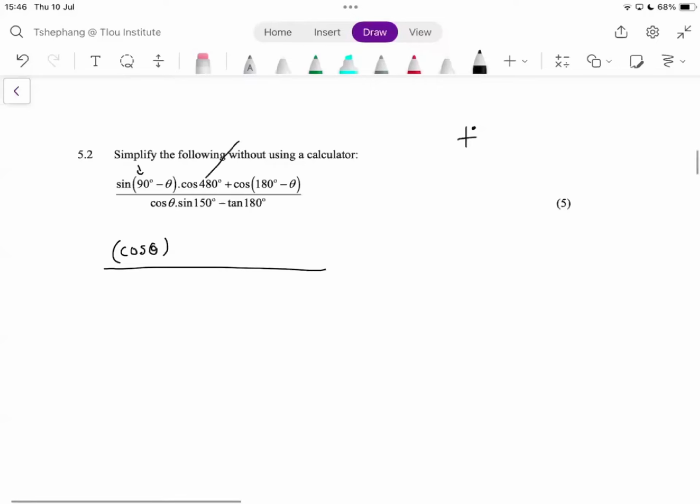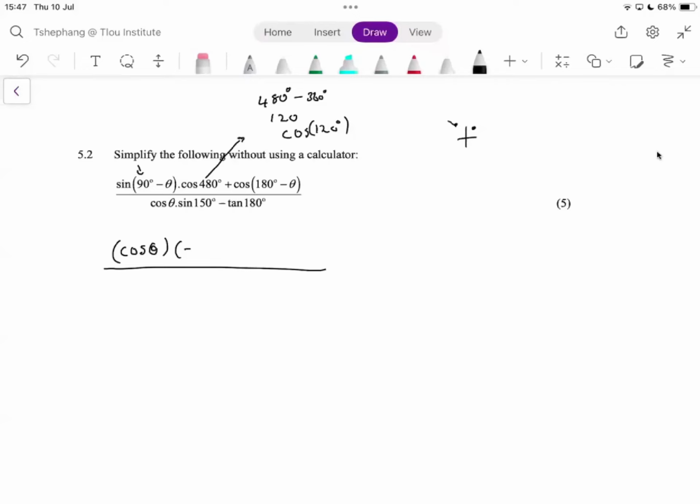Now, whenever you're dealing with such angles that are bigger than 360, you have to subtract 360 from them. Okay? So now you say 480 minus 360 because they are bigger than 360. Then you're going to have 120. It means that we're actually dealing with cos of 120. And then now we need to think, where is 120 located? Which quadrant? It's in quadrant number 2. What do we know about cos in quadrant number 2? It's going to be negative.